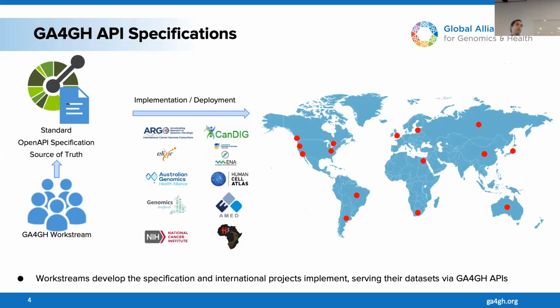And they will provide their input, their best practices, their best ideas for how to facilitate the access of genomic data. Once this goes through several rounds of product development and product review and committee processes, this will get finalized as an open API specification, which lives in GA4GH space, and this can be considered a source of truth. Once that source of truth has been officially released, then we say, please adopt this standard in whatever context, then any sort of driver project or any other implementer anywhere in the world can deploy their own implementation of that